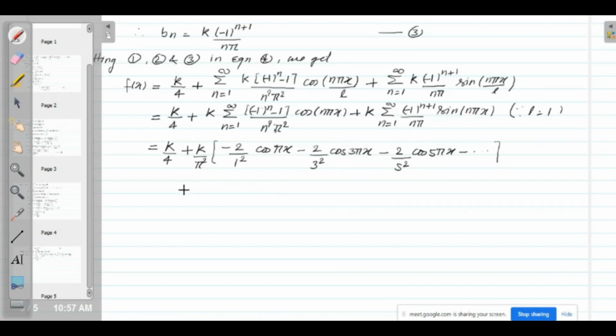And similarly you run the second term. This is k by pi, I'm taking it outside because pi is constant, and run this series for n equal to 1. So for n equal to 1, this is 1 plus 1, 2. The square of a negative number is positive, so this becomes sine pi x by 1, and plus sine